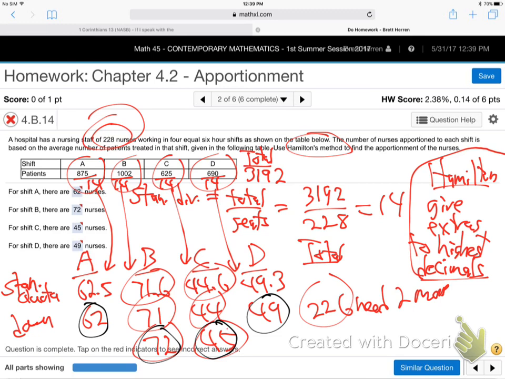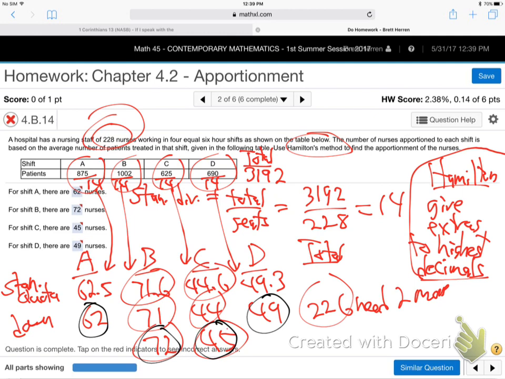Hamilton's method. Does that make sense? We're deciding how to give the extra reps. It's all about the decimals. The whole chapter is about how you handle the rounding, basically, right? So Hamilton said, just round them all down, add them up, see how many extra you have, 2 extra, and give them to the highest decimals. That sure sounds simple. I don't know why we didn't just stay with that. Just add the extra ones.